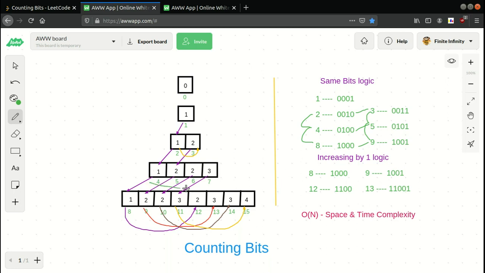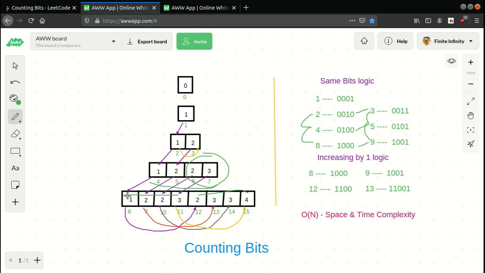From 4 to 7, we can calculate the values of 4 and 5 from 2 and 3, because they will be the same. But what about the later half of that array? Let's observe the case of 8 to 15. We can easily have these 4 values just the same as from the previous array of 4 to 7. But what about the last 4 values? If you see it properly, 12 will have only one bit extra than the binary representation of 8, and same as that, 13 will have one extra than 9, and 14 will have one bit extra than 10 and so on. So what is the logic behind that?